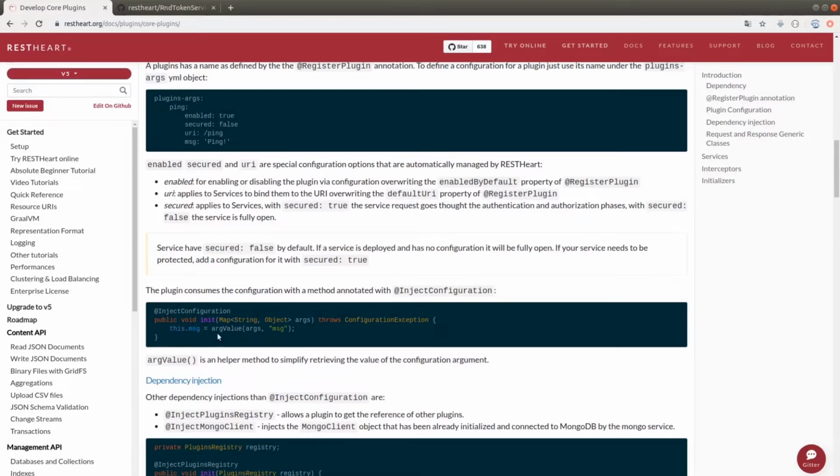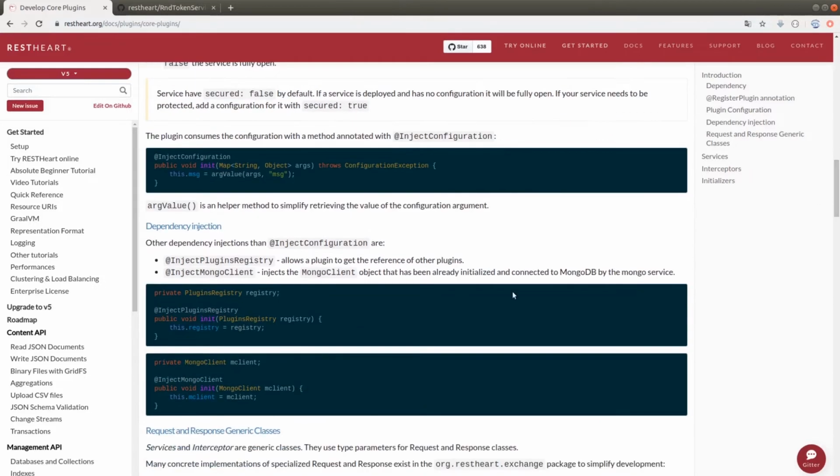Then, through this argValue method, which is a helper, it is possible to extract from the args map all the different elements. In this case, this instruction allows to extract the MSG content and to save it in an appropriate variable. So, let's imagine that we have to pass a series of information in order to configure the plugin. Then, we can list them in this block and recover them again through this kind of method.